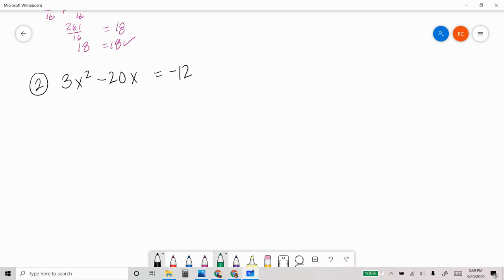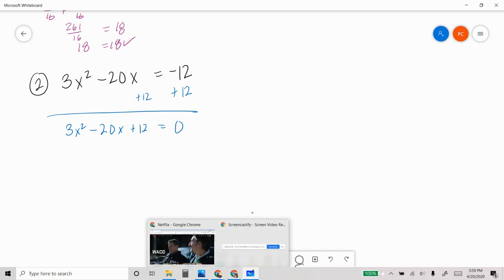So, first things first, we want to make it equal to 0 so that we can use the zero product property. We'll do that by adding 12 to both sides, and we're going to get 3x squared minus 20x plus 12 is equal to 0. We can't use the zero product property yet because this isn't factored. So in order to factor this,